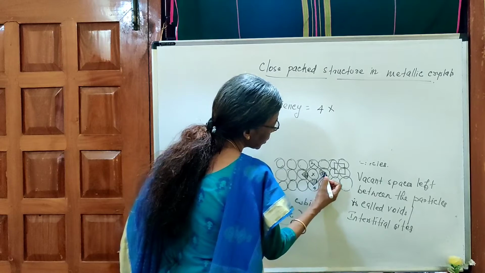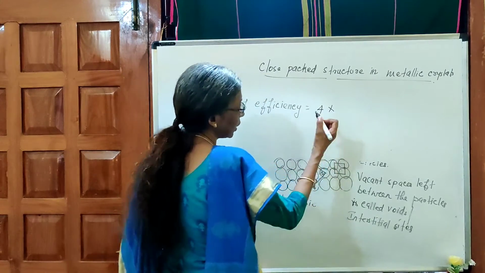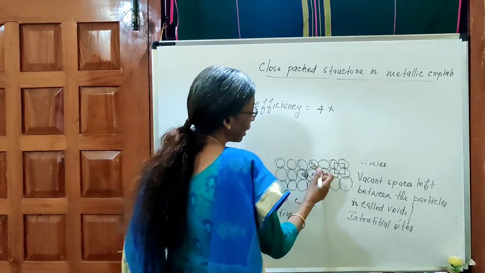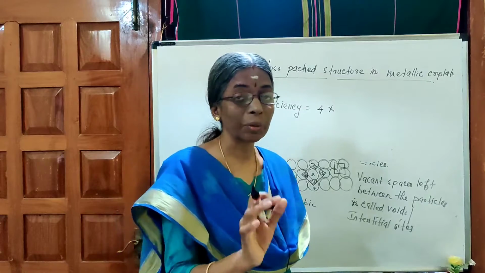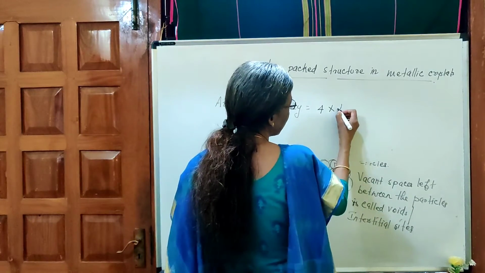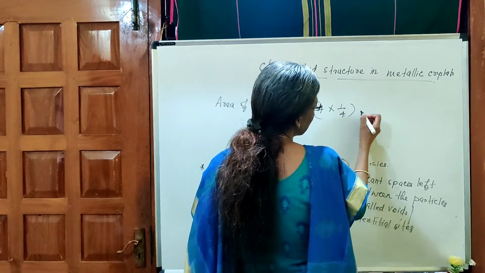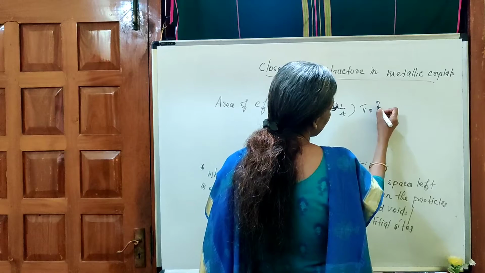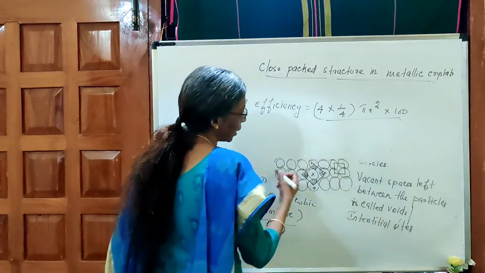The square covers only this portion, that is 1/4 of the circle. Because we are in 2 dimensions, we don't take it as a sphere, we take it as a circle and we calculate. So 4 into 1/4, into pi r square into 100,